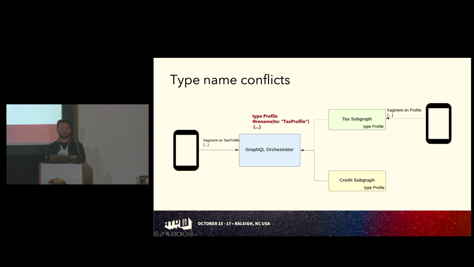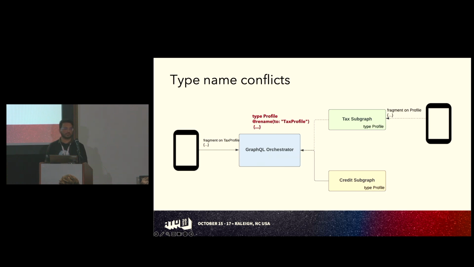What this helps is the clients can query the orchestrator with the tax profile type. The orchestrator will understand, okay, there's a mapping and the subgraph has asked you to rename the profile to tax profile, and while forwarding the fragment to the tax subgraph, it will change the tax profile to profile. So it will work both ways. The clients of the subgraph which are directly calling the subgraph will work, and the clients via the orchestrator will also work. This is a way to have type conflict resolution, but